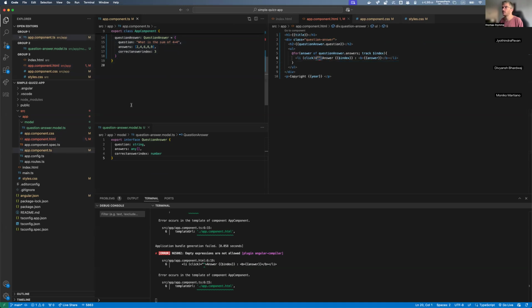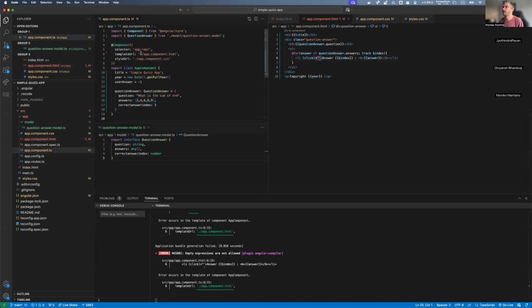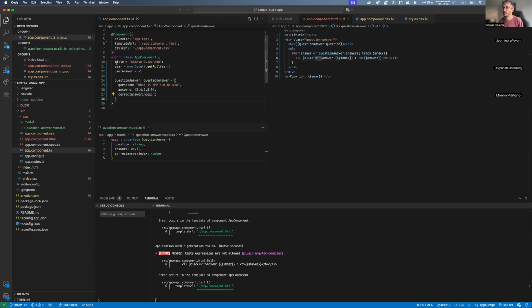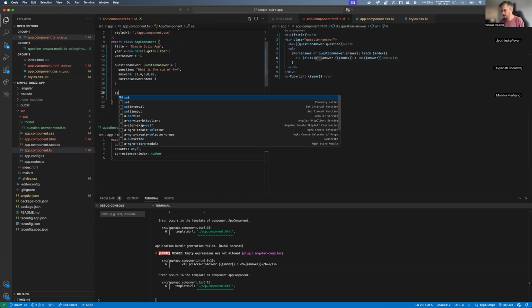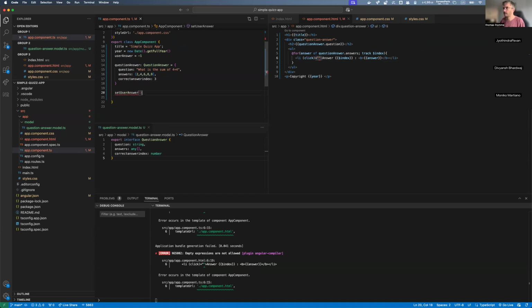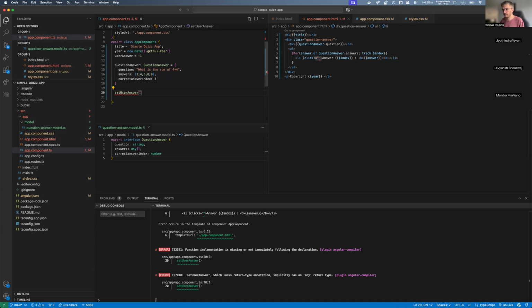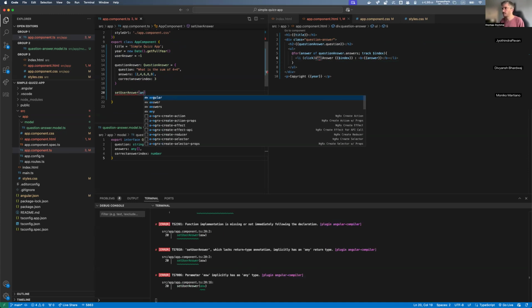So I'm going to my app component, and I'm going to create a method. We have created an object and properties, and now I want to create a method called setUserAnswer. It takes answerIndex, which is a number.